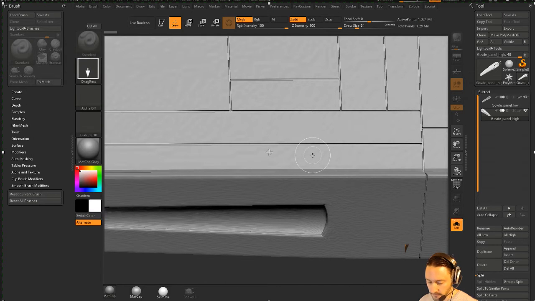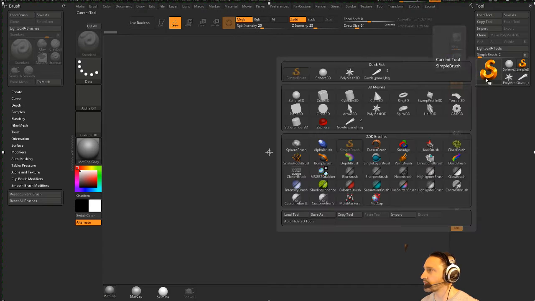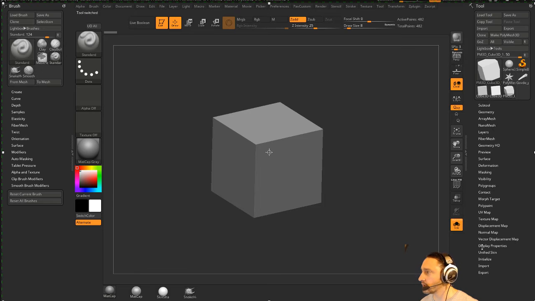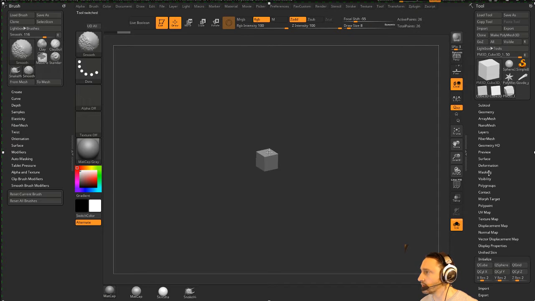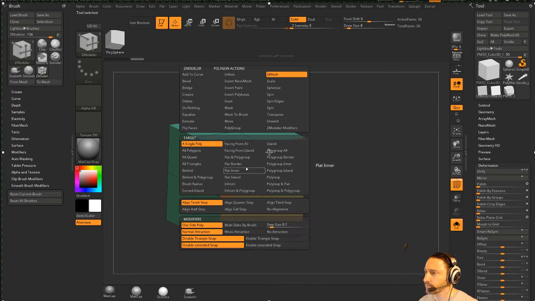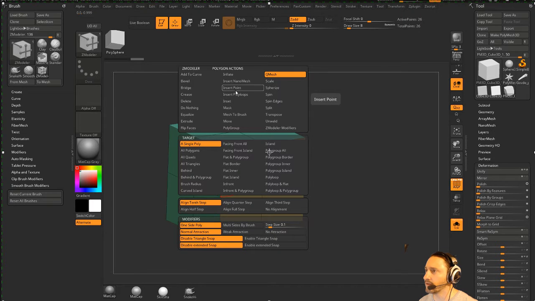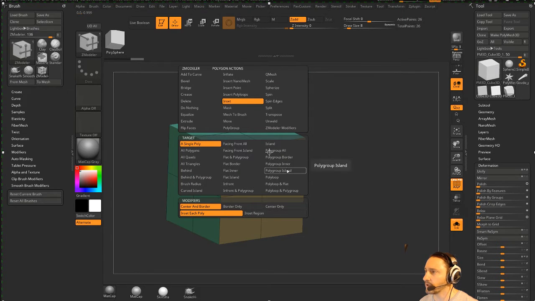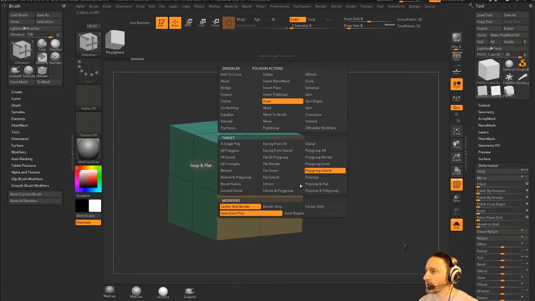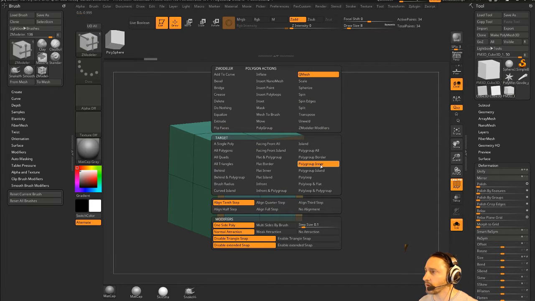When you're doing panel detail or any kind of normal detail, if you have, for instance, a Cube 3D, go into edit mode, make PolyMesh 3D, initialize, cube, deformation, unify. So we got a cube here, and I want to bake a normal map on this side. So what we're going to do is go to Inset, Polygroup Island, and let me go ahead and get rid of this border. There we go. Inset, Polygroup Island, Inset Region. We're going to inset this region here, and then we're going to go to QMesh, Polygroup Island,